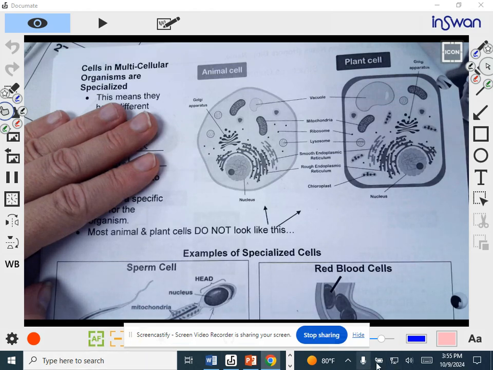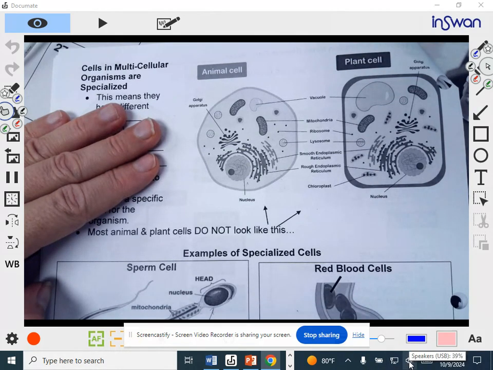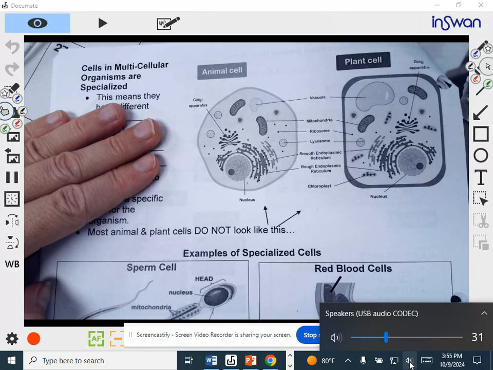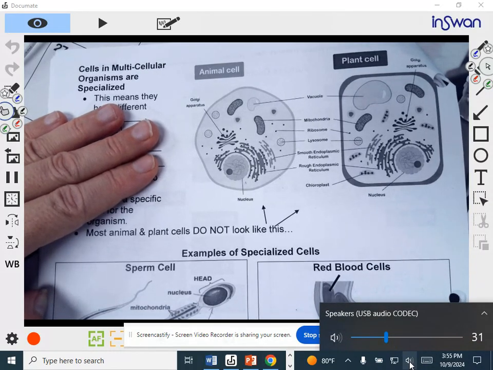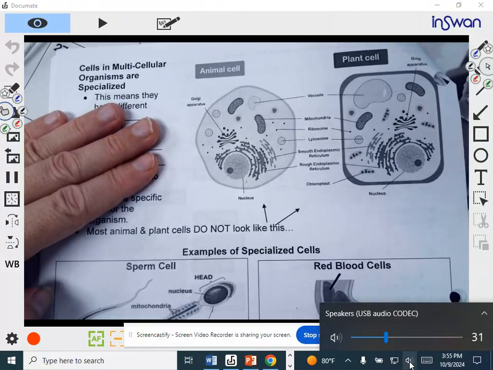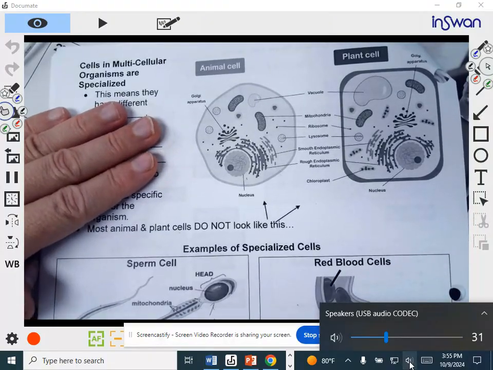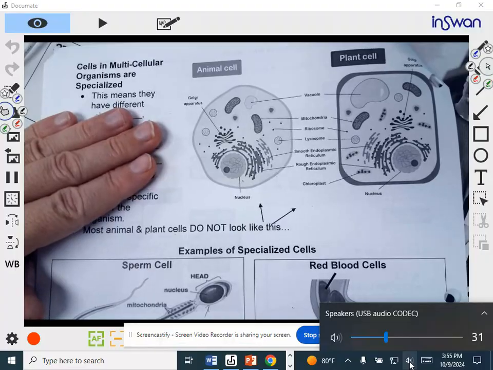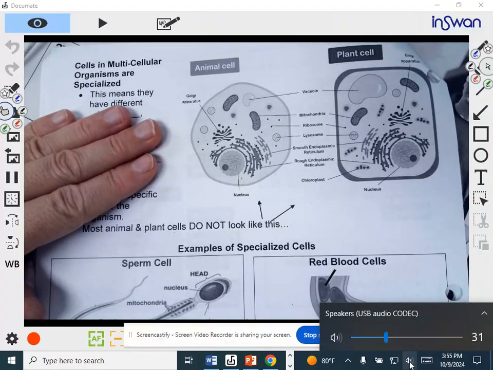All right, so I'm going to go through these notes a little bit differently. I had some issues with the audio, so this is my third time recording these notes. I don't want to write my words again, so I'm going to cover up some things. We're going to talk about some things, and then I'll show you some of the words that you need to